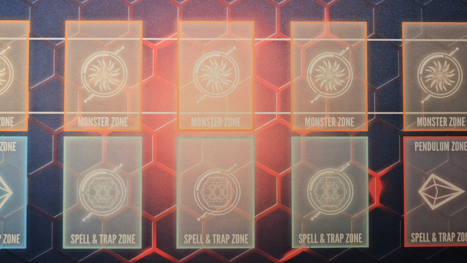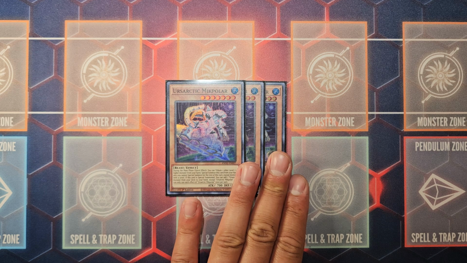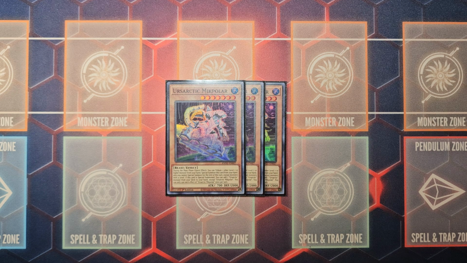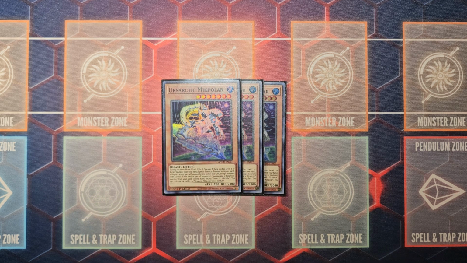So, to start the list off, we have triple copies of Ursarctic McPolar, pretty much the main starter for the Ursarctic theme. When it is special summoned, it allows you to add an Ursarctic monster from the deck to the hand. For those of you who know, or who maybe don't know, Ursarctics all share the same summoning requirement where they must tribute a level 7 or higher monster from the hand to special summon themselves,